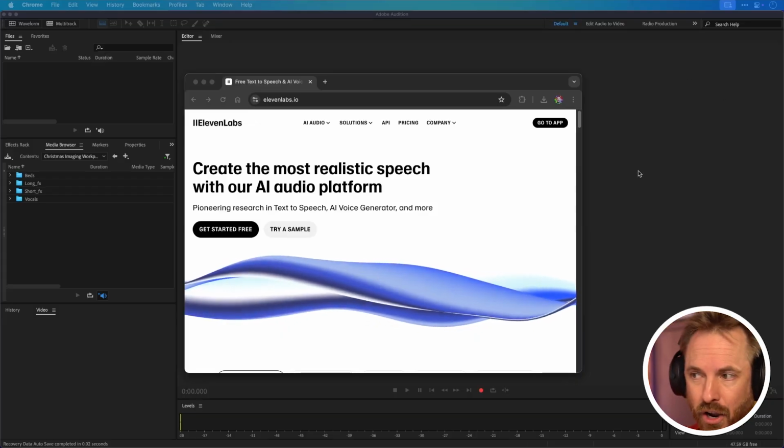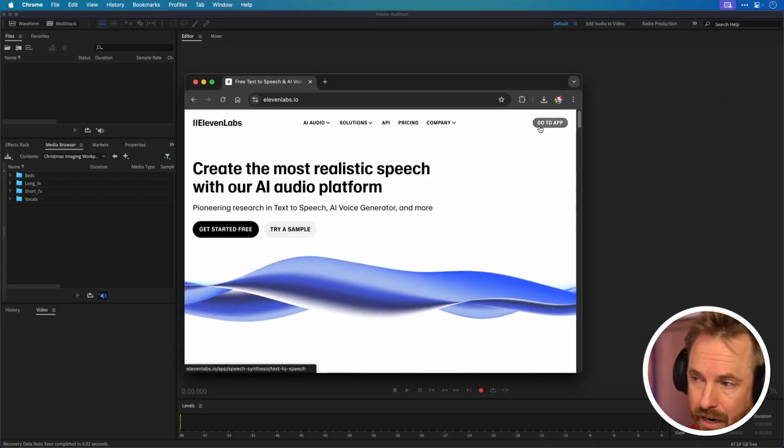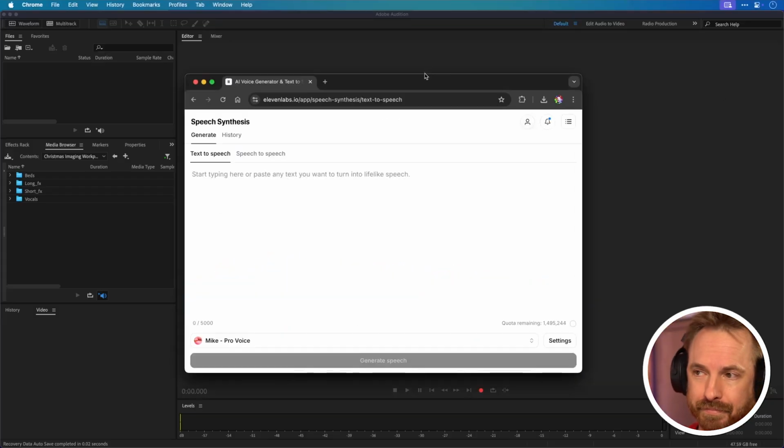I've also linked the AI tool I'll be using, because now we live in the age of AI. I'm not just restricted to editing in Adobe Audition or anything like that. I can actually generate the voice of Santa using a great technology called 11 Labs. It's an AI voice generator, and I've used this a lot. You may have seen me mention it a couple of times on my channel. Well, if I go to 11 Labs, which is linked down below, and go to the app here,